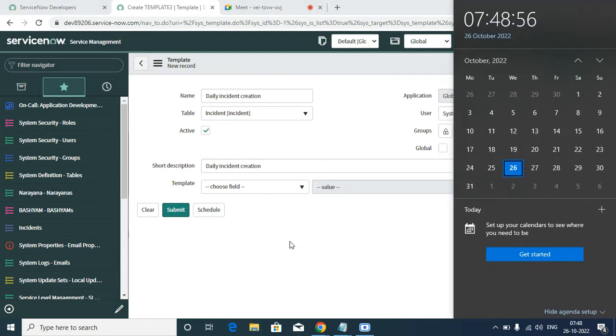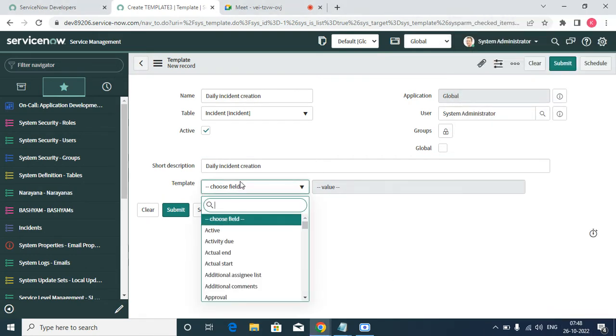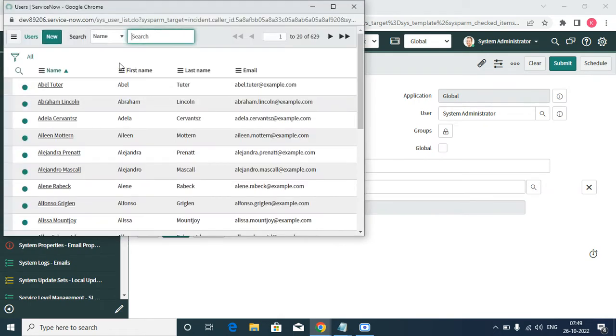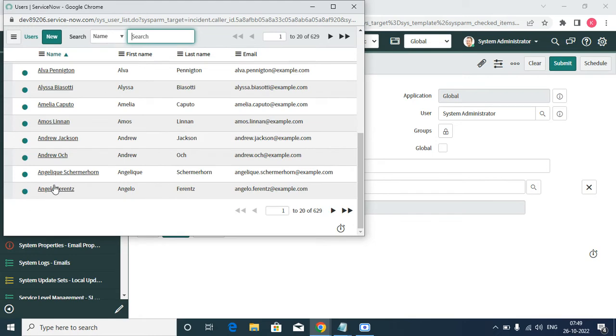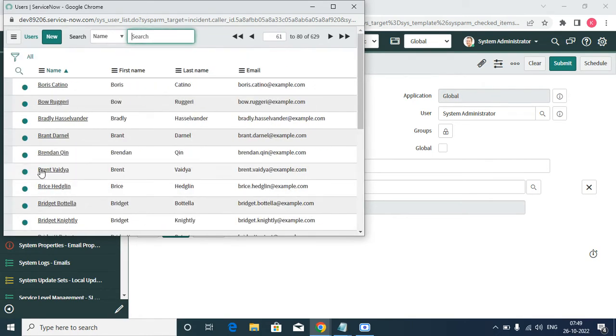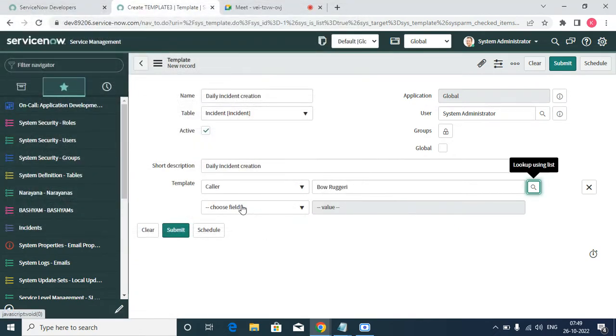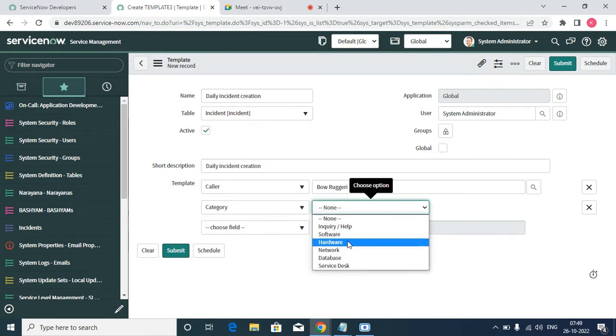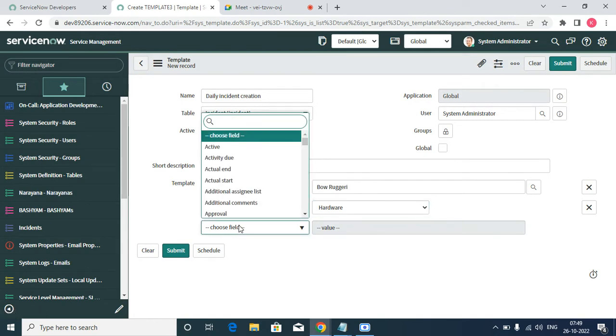For the template, here we can give the static values. For example, I want to create a static caller is this one. Since we already know Abel Tuter, I'm not giving Abel Tuter. And category was hardware,